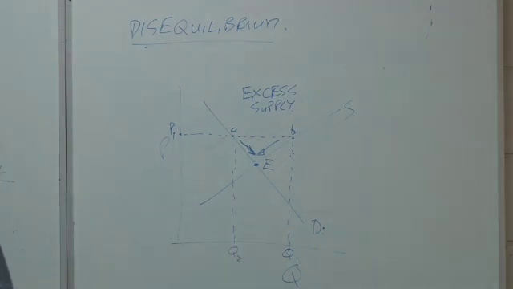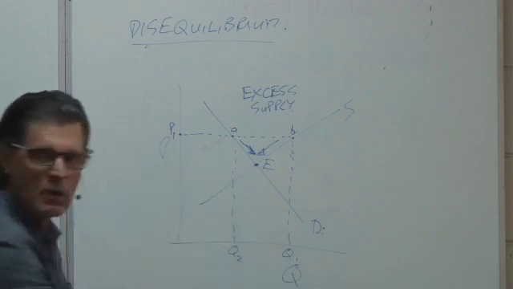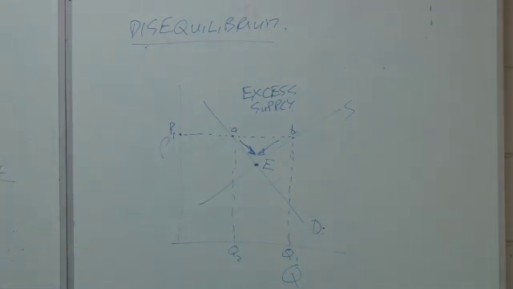But we're not yet at equilibrium. So we have to come right down to this price here before we're at equilibrium, where the quantity supplied is the same as the quantity demanded. Okay, so that's just an example